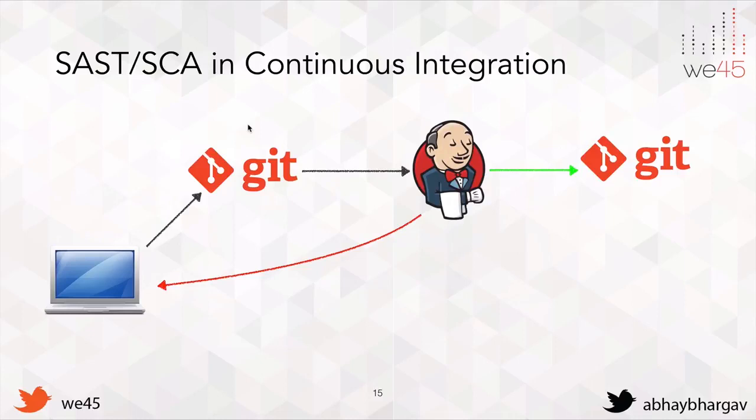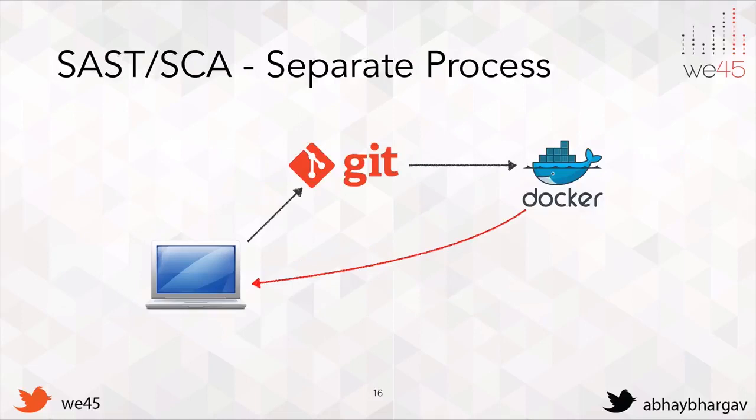And even if you are not in a situation where you can leverage some of these tools, you have other tools that you can leverage as a part of this process. So this is great, and this is something that a lot of our clients do when they're doing source composition and static code analysis in the continuous integration process. The other thing that a lot of implementations we're seeing is running the entire process as a separate process.